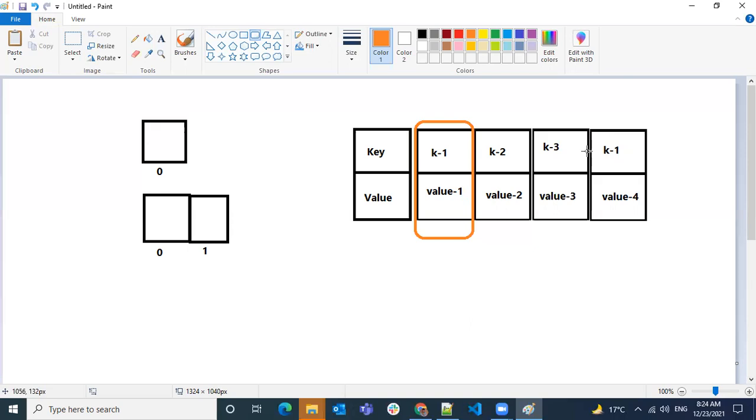Whenever you have an existing key and you try to add it multiple times to a map, it will override it. It will keep the key the same, because the key is the same, but you're giving a different value. Then the latest value you enter will be stored in the map. So in simple terms, a map is a key value combination, and the key is always unique in a map. And when you try to add a duplicate with the same key, whatever the latest value you entered will be stored in the map. Any questions here?